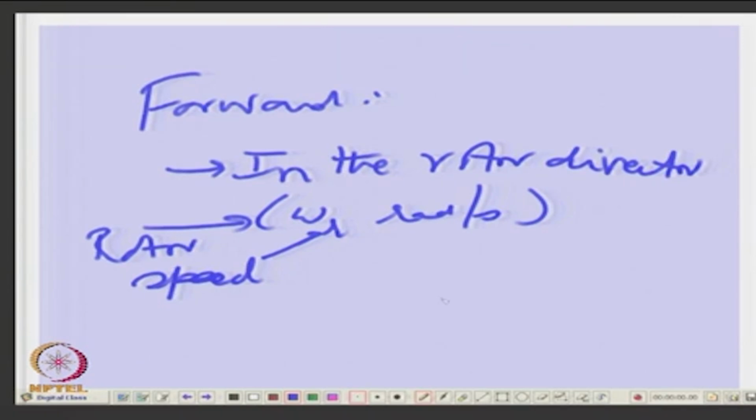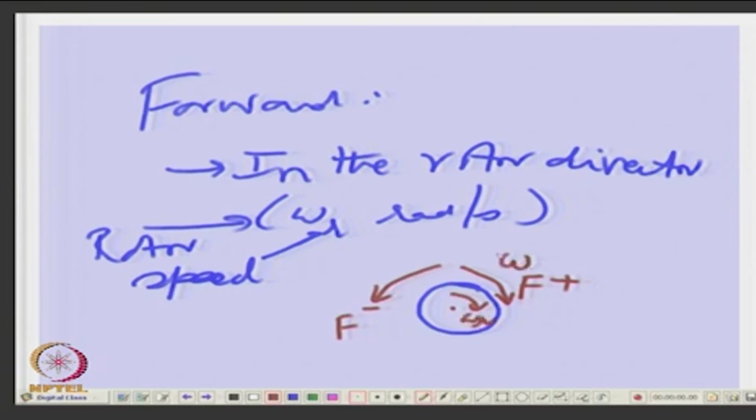Now, if you look at the rotor, here is the f plus and here is the f minus, and the rotor itself rotates at omega r, and these rotate at omega. But the rotor rotates at omega r, so